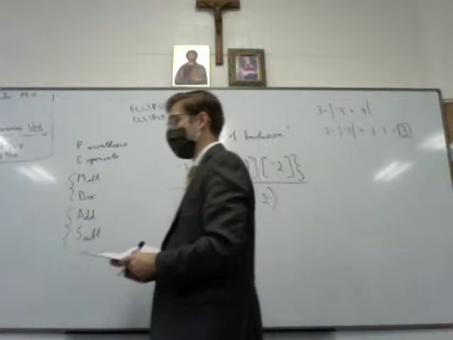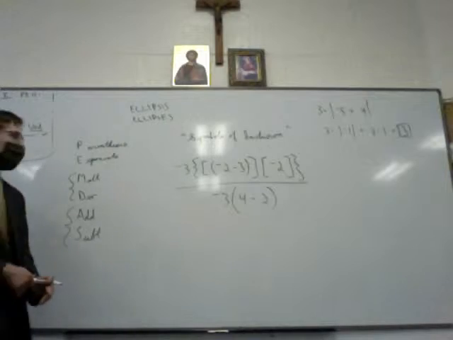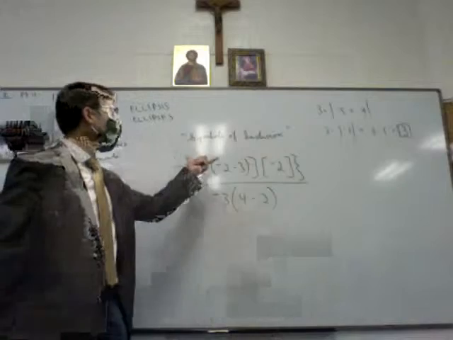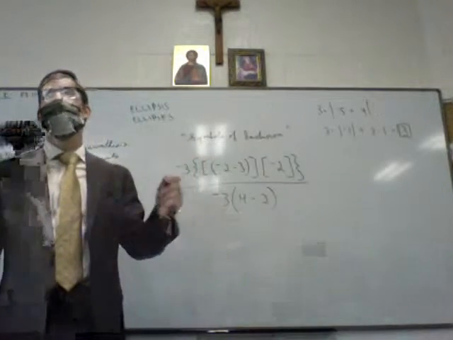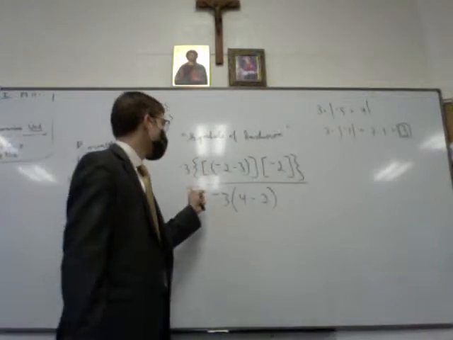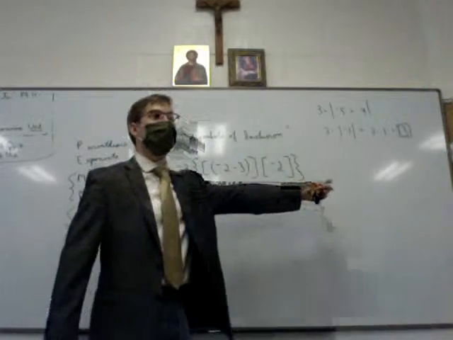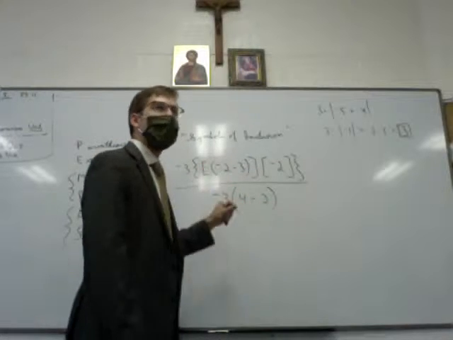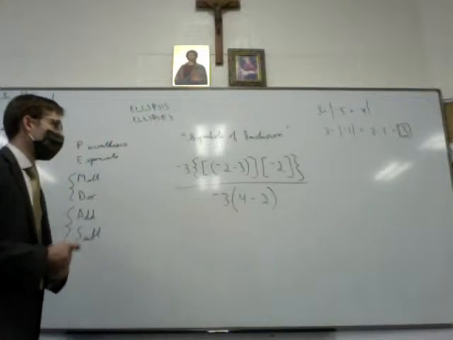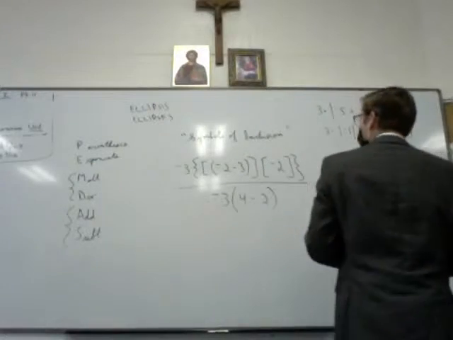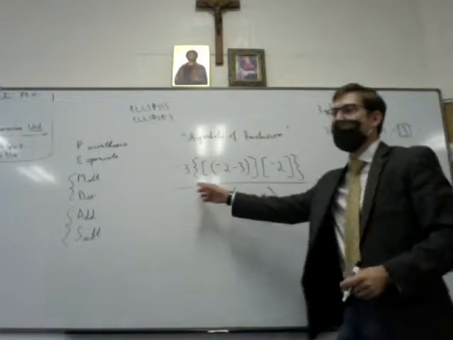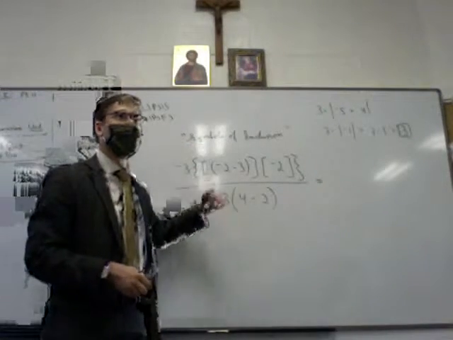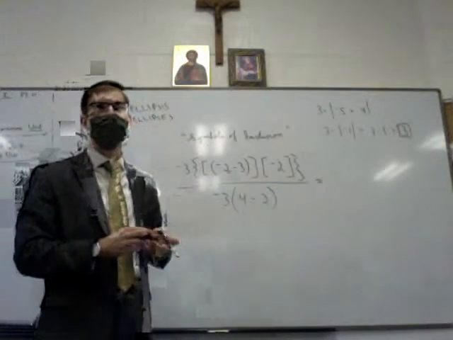Now the other thing to remember is that when we have a fraction like this, we do the stuff on the top of the fraction and the bottom of the fraction before we divide. This fraction here, this is the last thing to happen. You do all of this, then you do all of this, and then we divide. Because this line here is in a sense another symbol of inclusion, and it means all the stuff on the top and all the stuff on the bottom are inside parentheses, so to speak.